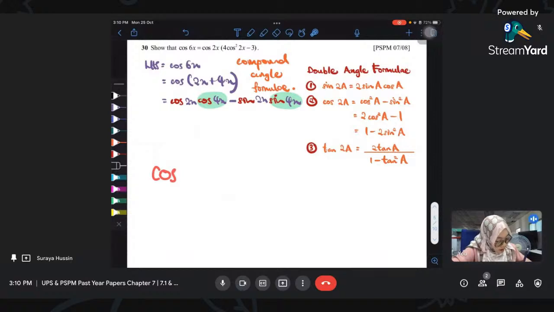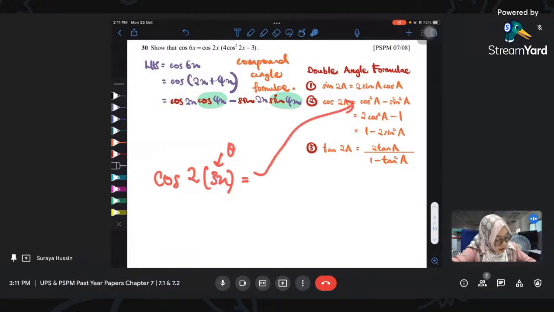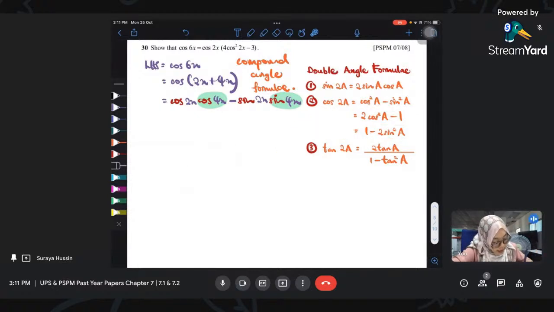So cos 2 times 3x. The thing is, imagine lah. You gotta imagine this like theta lah kan. So sort of like you boleh pakai salah satu dari sini kan. The thing is, you do not know which one you want to try, right? So I'm not deciding to continue with that,